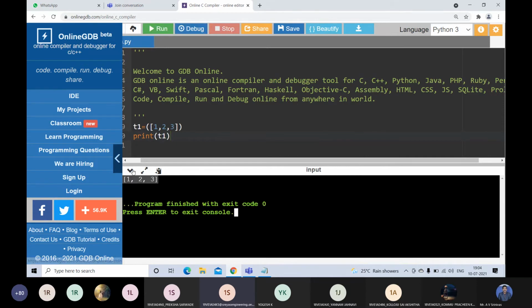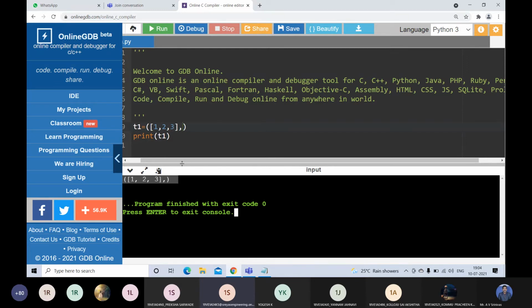Then it becomes list, not tuple. See here. Sir, if we put a comma after the list, does it become a tuple? Yeah, like this.